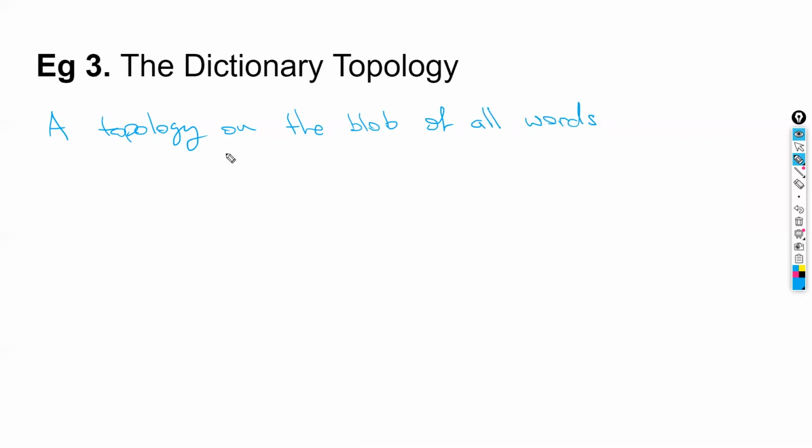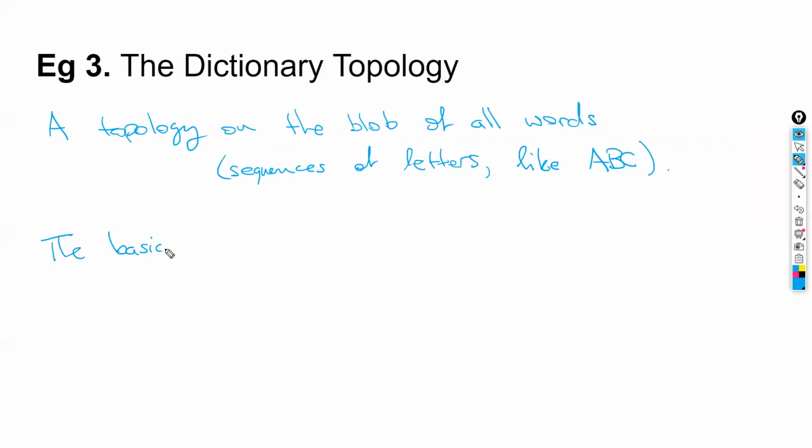And by words, I just mean sequences of letters. Like ABC. This is a word for me. The basic open sets are of the form,